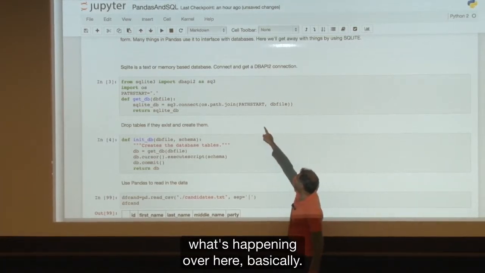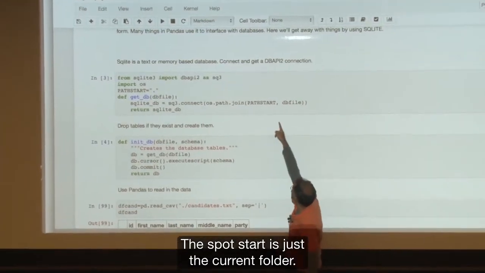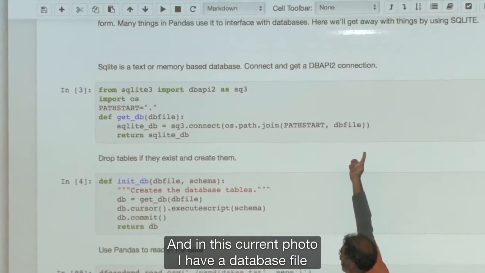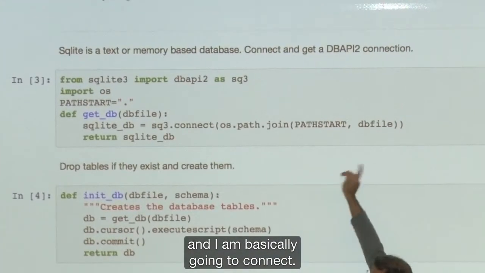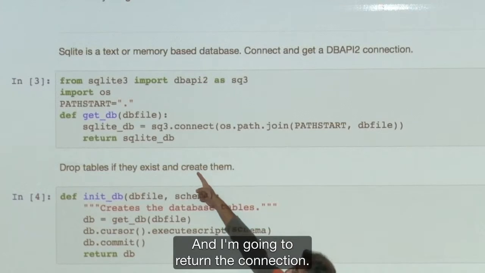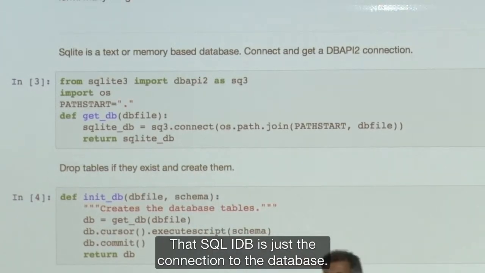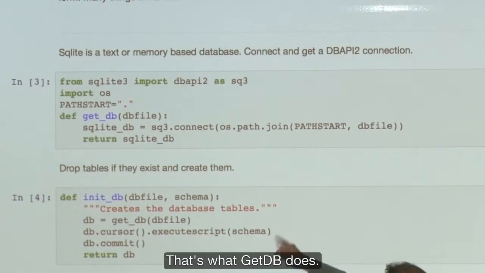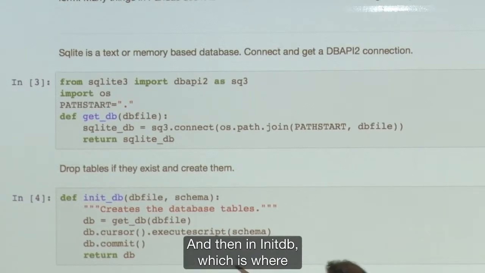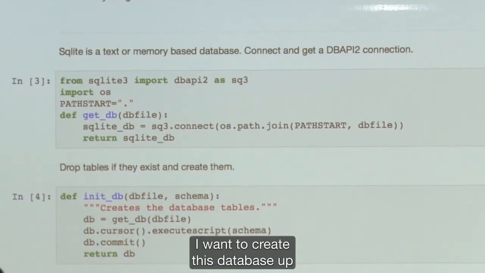Basically, the spot start is just the current folder. And in this current folder, I have a database file. And I am basically going to connect, and I'm going to return the connection. That SQLite-DB is just the connection to the database. That's what getDB does. And then in initDB, which is where I want to create this database,